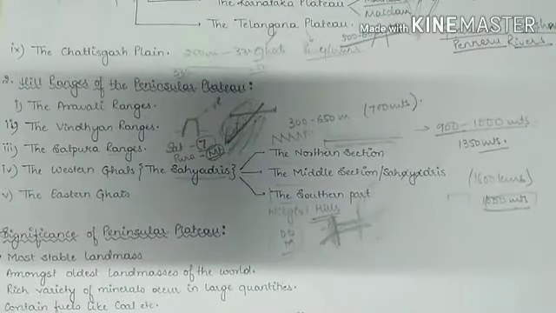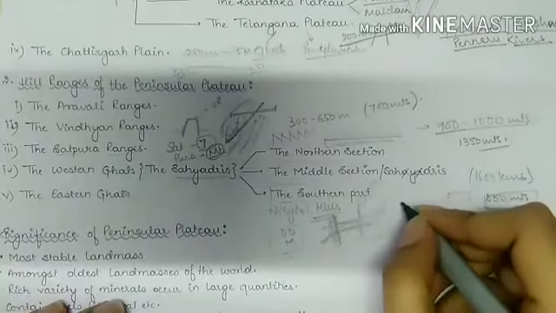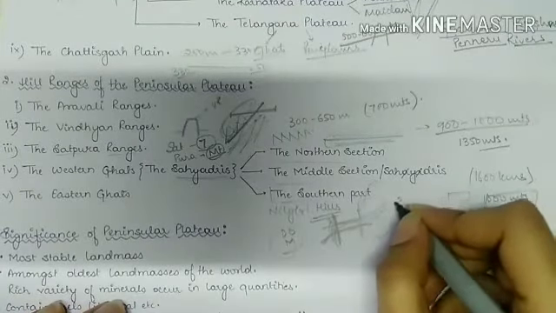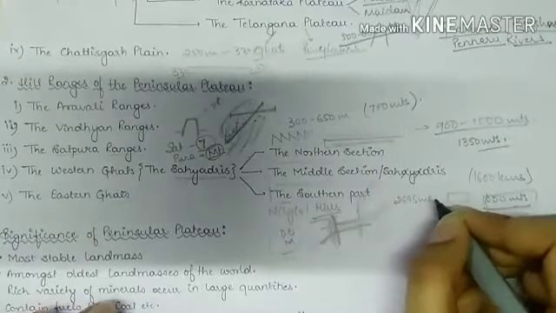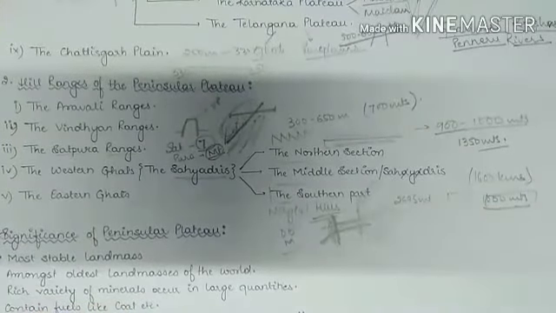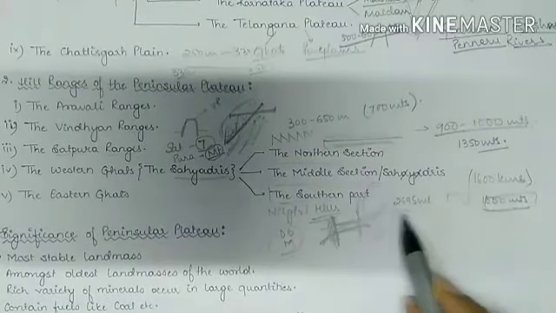95 meters. Okay, so it is the highest peak. Anaimudi is the highest peak, covering an elevation of 2695 meters. Okay, it is the highest peak in the whole of South India. Then we have other ranges like Annamalai, then we have Palani, then we have Cardamom Hills, which are other high